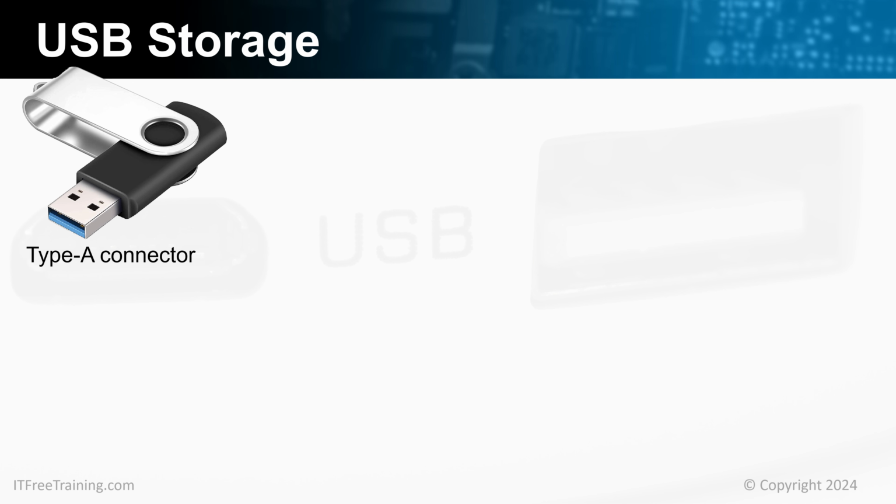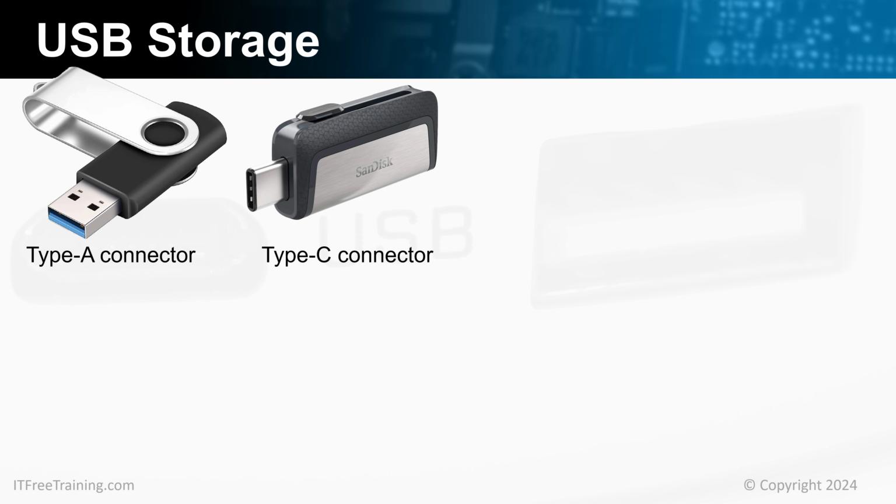USB thumb drives have been using the Type-A connector for the last 20 years, but recently some have started using the Type-C connector. The Type-A connector is still very popular since it is the dominant connector used in computers. The Type-C connector is used in some computers, but is not that popular yet. The main use of the USB thumb drive with a Type-C connector is to plug it into a smart device like a phone. You can always get adapters to convert Type-A to Type-C or vice versa. In some cases, the USB thumb drive may come with both Type-A and Type-C connectors.